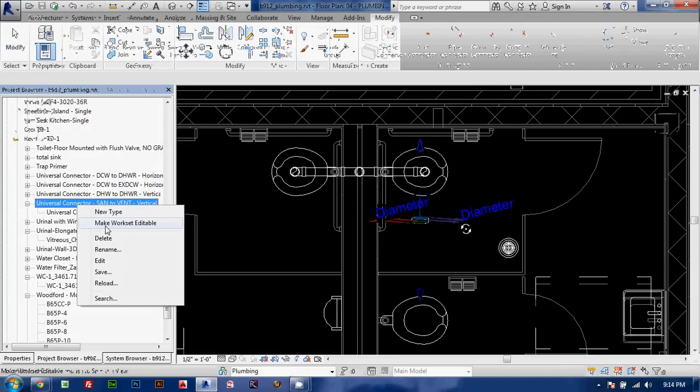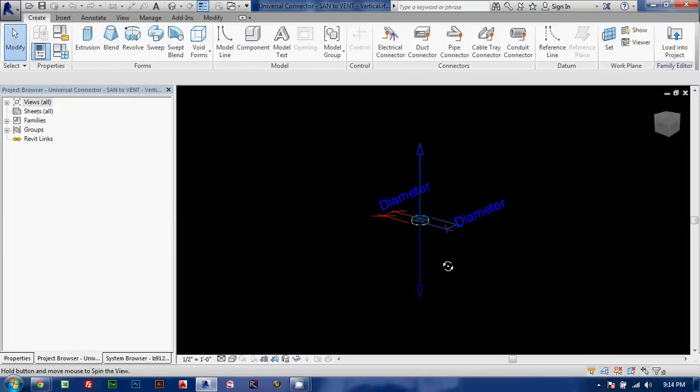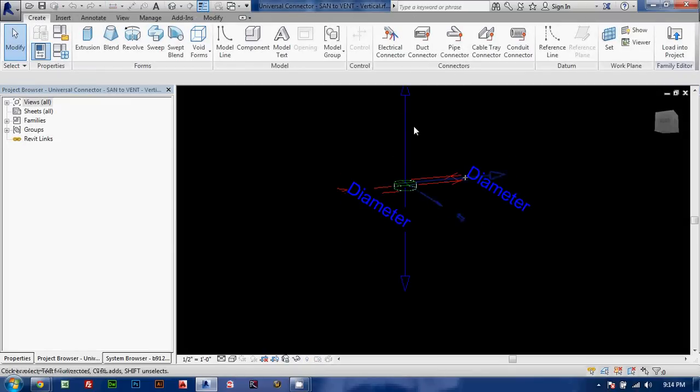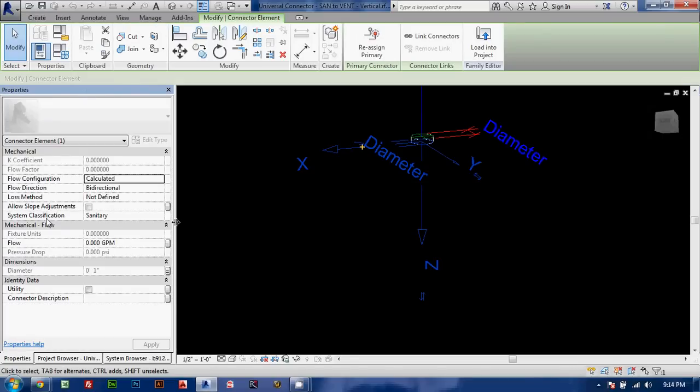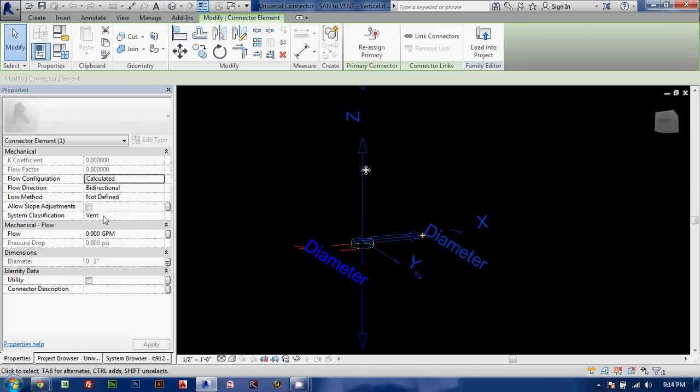Basically, that's all it is. It's an extrusion with fittings, or I'm sorry, connectors on each side that, as you can see in my properties panel, the bottom connector is called System Classification Sanitary. I don't worry about any of this information because I'm not really doing anything as far as fixture units and stuff from this connector because you'll see where it's placed. It doesn't really make any sense to do that. The top connector is called vent,